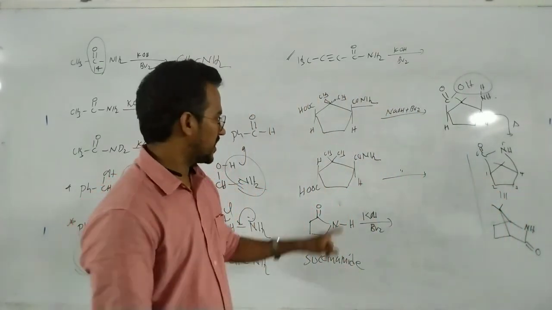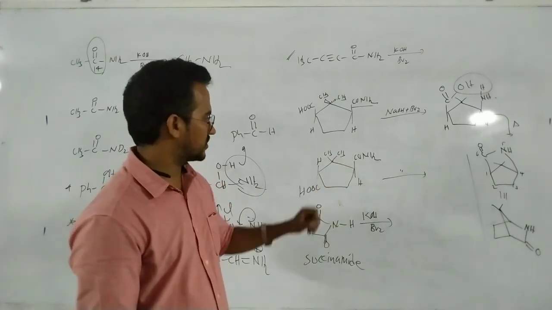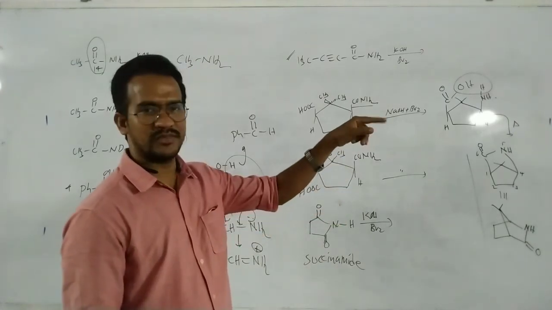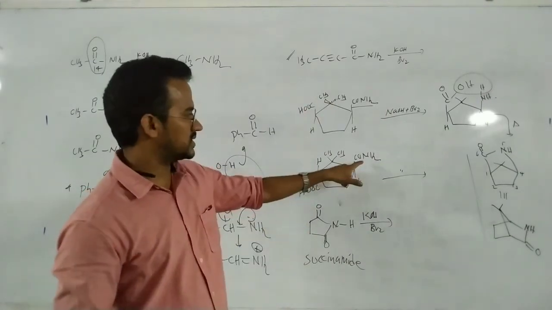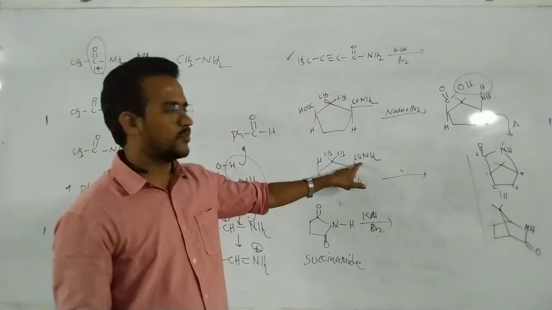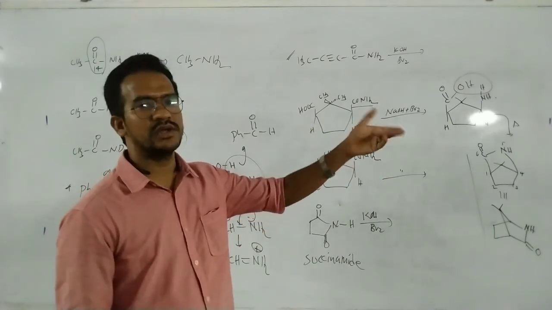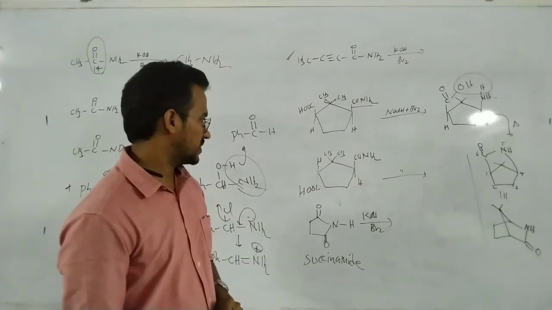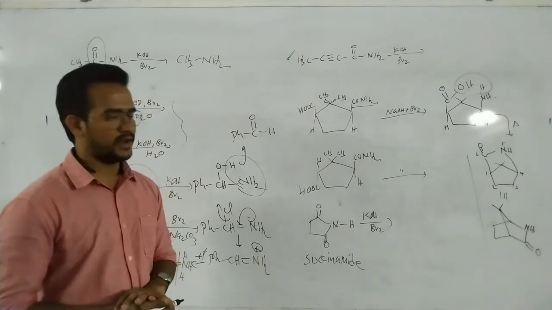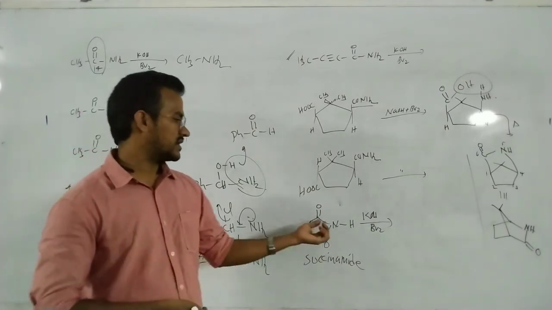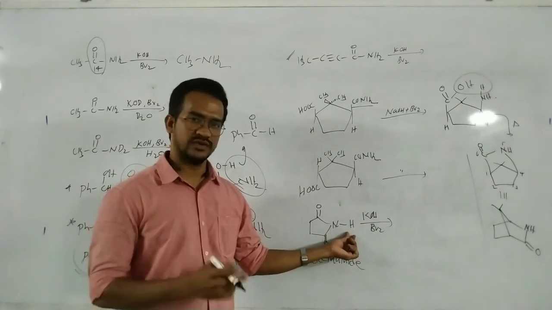That's it. Now you can try writing the product for this one yourself. Of course, here it is a cyclic amide. The loss of water molecule is not possible because your COOH and CONH2 are exactly opposite each other. So here just the conversion of CONH2 to NH2 takes place, and you can write the product. This is a cyclic amide, the succinimide. Actually this is a secondary amide, so there is only one hydrogen.